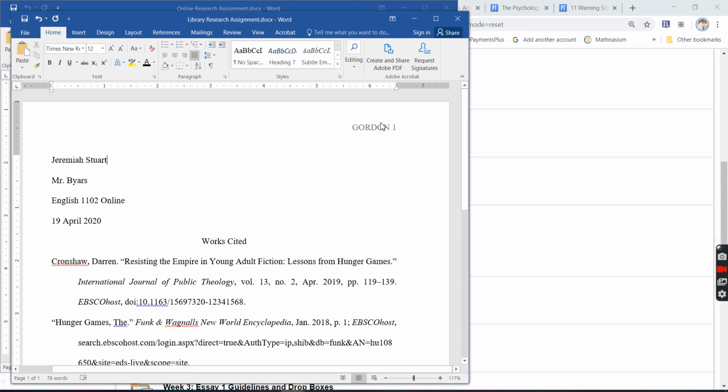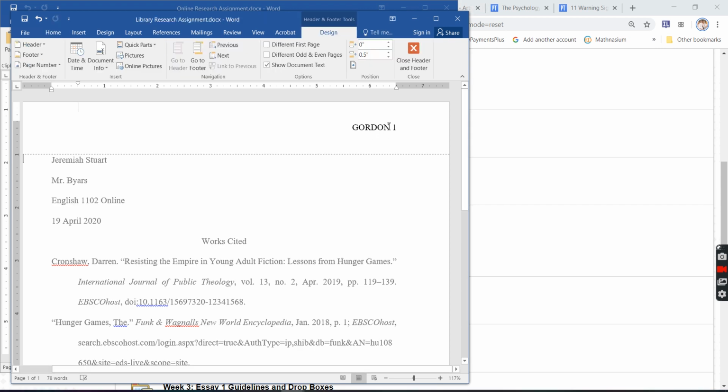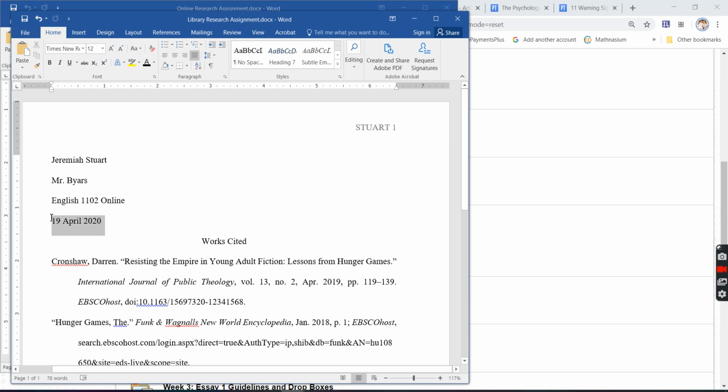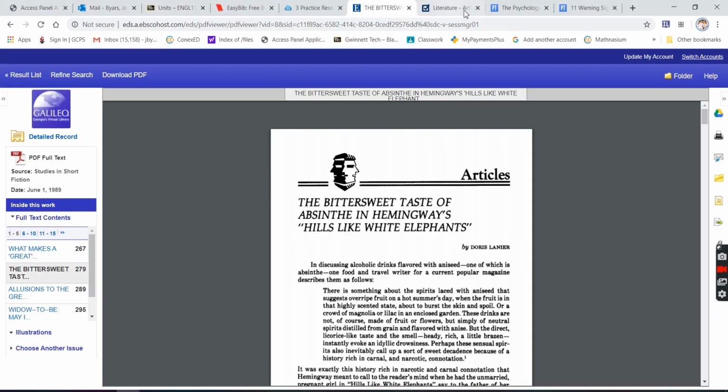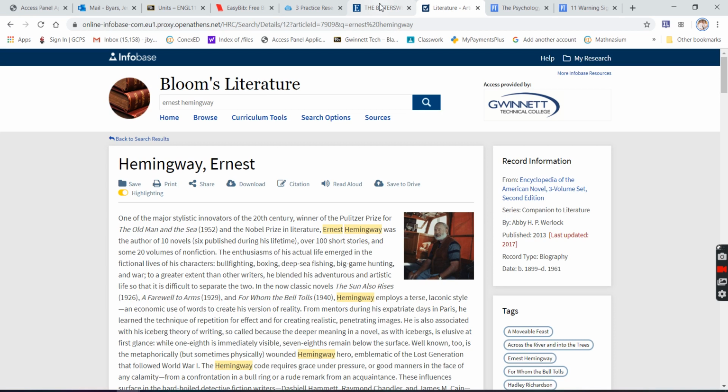Okay, I'm going to notice up here where it says Gordon. My last name's not Gordon. I'm going to put my last name, Stewart. Okay, I'm going to put the due date. This due date is 29 May 2020. Okay, and so now I'm going to go to, if I pulled my sources from